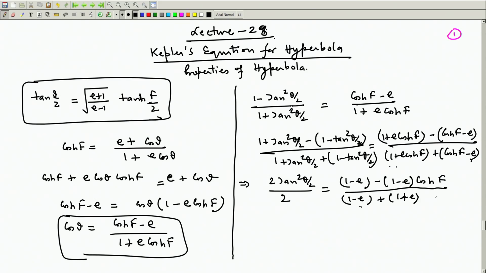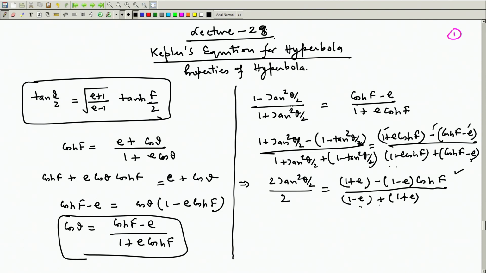Here we have to check this particular part. Okay. Here this is 1 plus e, 1 here in this place, and this is minus minus, that gets plus. So, this is 1 plus e, and thereafter cos hyperbolic f we have taken outside. So, this is minus, this minus minus plus. So, this part is okay then,